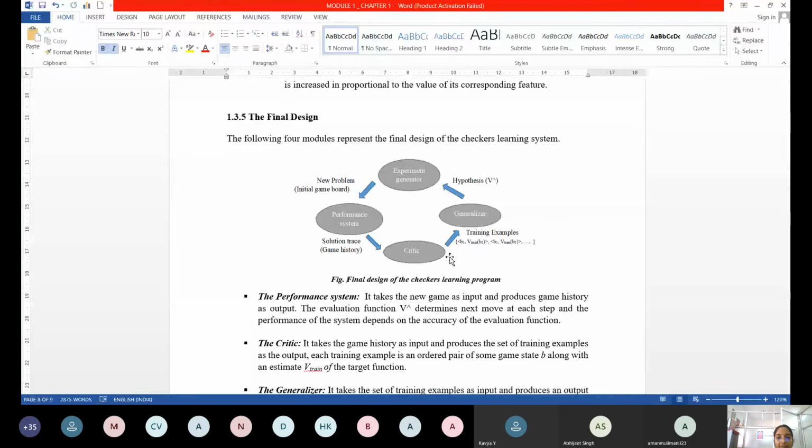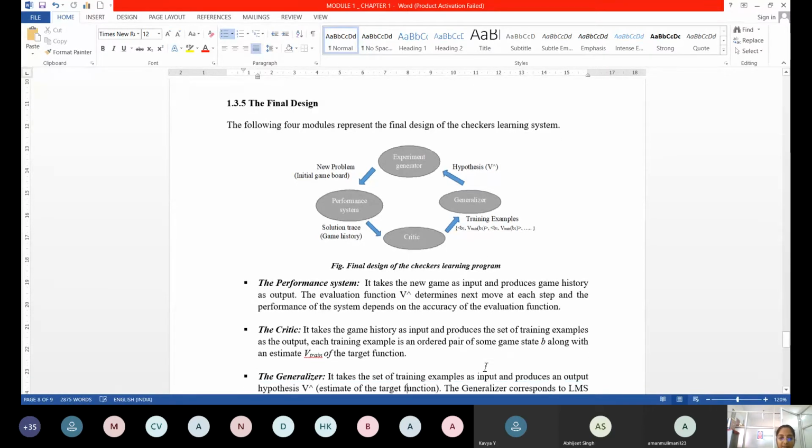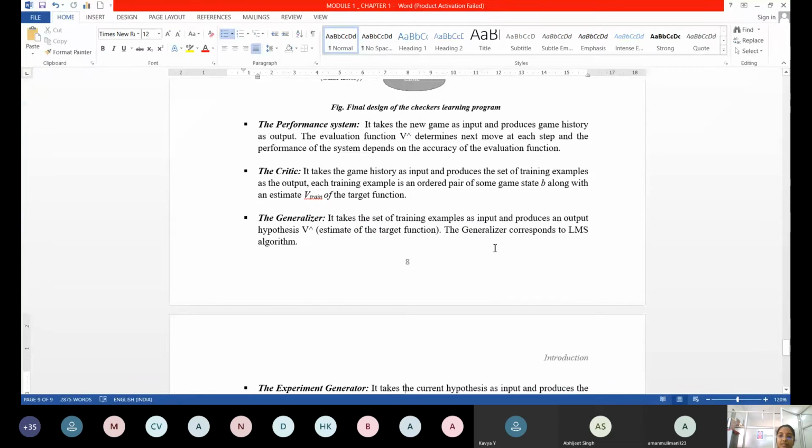But while refining it, while training the system, you're going to achieve the best sample of data. That is nothing but your version space. So we will see that in the next chapter. Don't worry. It is going to provide you the hypothesis, or I can say the target function. It takes training examples as input and produces a hypothesis that is nothing but the estimate of the target function. What could be the estimated value? Could be an approximate value,